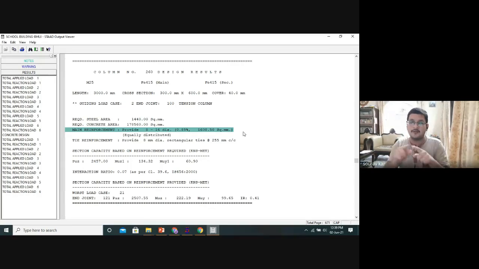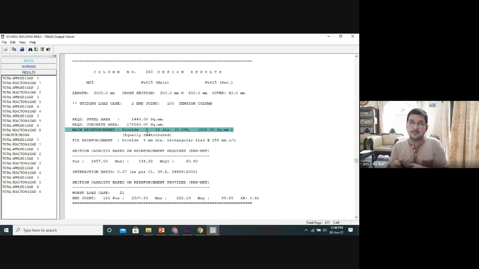Now just consider we have a section of 300 by 600 mm. If you provide proper spacing, can you provide 8 number of 16 mm diameter? It is not practically feasible because concrete will not pass, aggregates will not pass, as we are not providing adequate spacing between the main bars. So here, as a civil engineer, keeping this area requirement, this is the main reinforcement area, you have to change the diameter of the bar. Instead of putting 8, you just calculate how much it is coming.